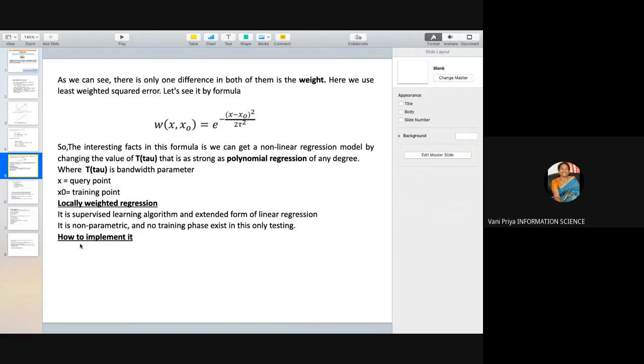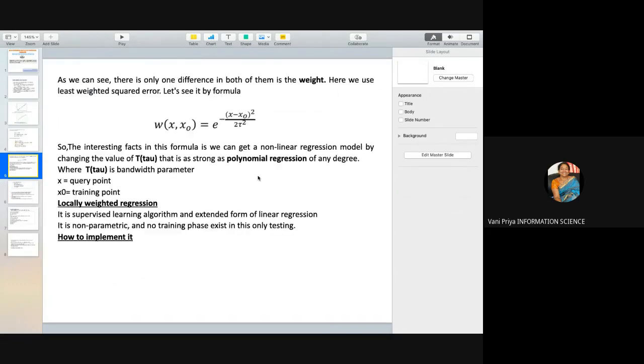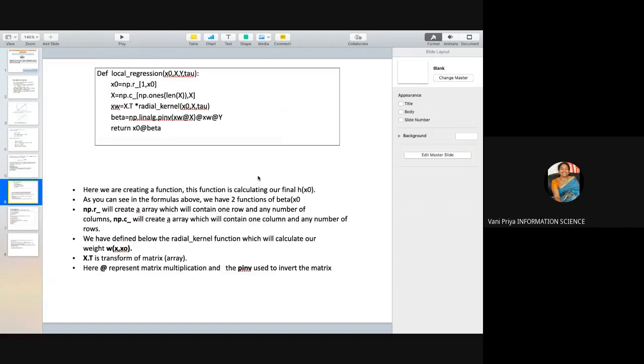Now, locally weighted regression, this also I had shown, right? So now here we are calculating the final value of x0. What is x0 here? x0 is the training point. And here beta with np.